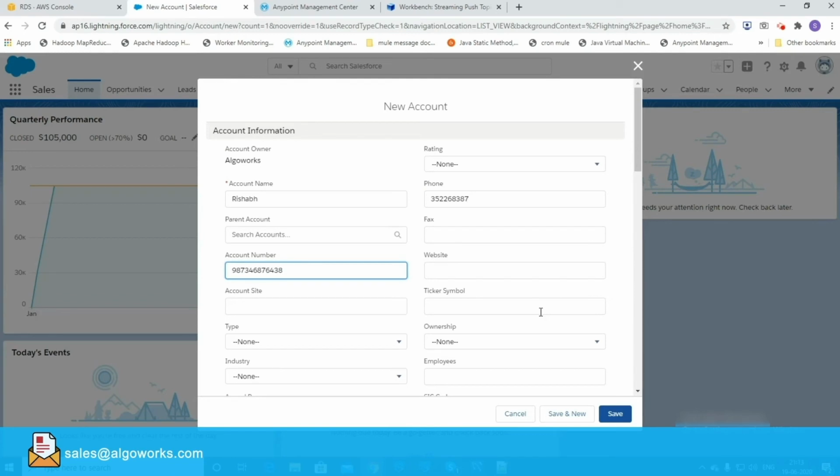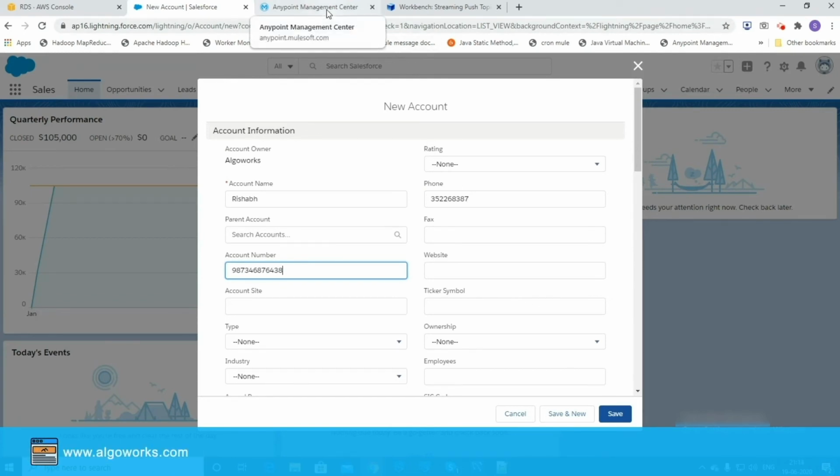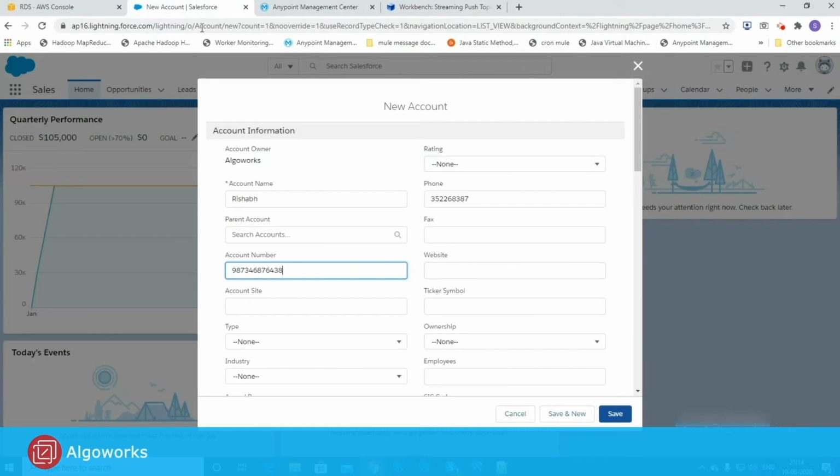Before saving this account details, I'll show you AnyPoint platform where I have deployed the application. Here we will get the notification with the details of account number, name, ID, and phone. Now I'll save this.